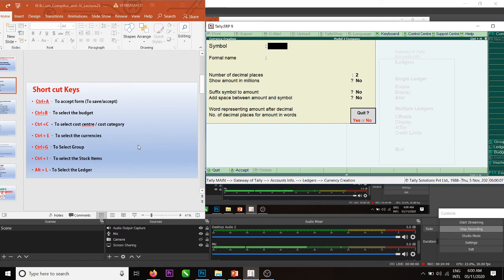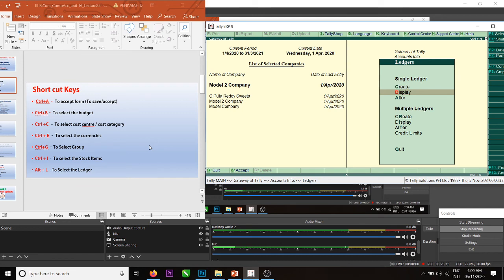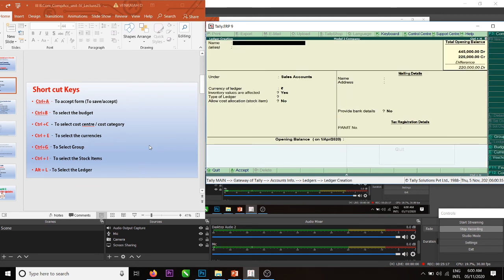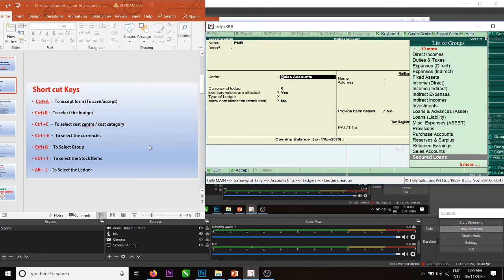Punjab National Bank account. I am creating Punjab National Bank, but Punjab National Bank is an American branch. Then I want to create a dollar. Now change, create Punjab National Bank under bank accounts.